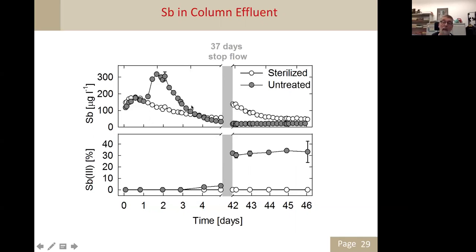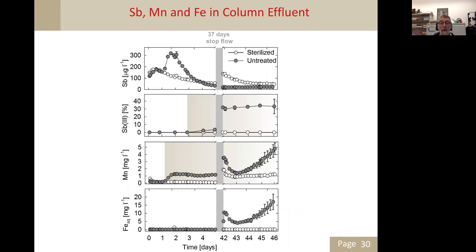And again, what is the reason for this? After our batch experiments with the microcosm, we suspected that this was due to manganese. Here you see the manganese concentration in the effluent, and here you see the iron concentration in the effluent, and this is confirming our results of the batch. This second peak really emerged when also manganese appeared in the solution. So this is in agreement with this hypothesis.